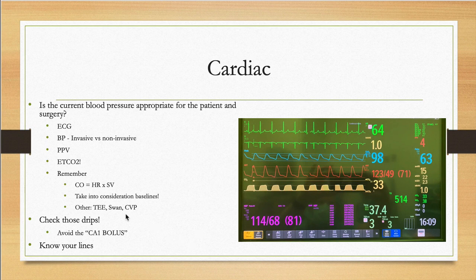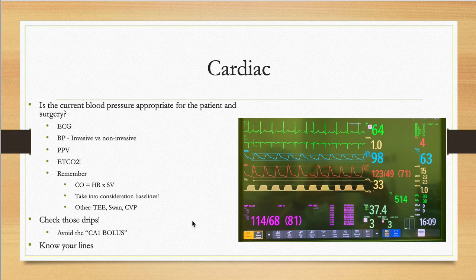Keeping this simple, there are other things that you can use to assess the cardiac system, of course, TEEs, SWANs, and CVPs if you happen to have a central line. In addition to answering this question, I like to remind myself to check those drips, meaning whatever is infusing into the patient, you should be mindful of, whether it's a vasoactive drug, an antibiotic, or an immunosuppressant if you're doing a transplant. It's very important to figure out what's going into the patient, and also that it's going in